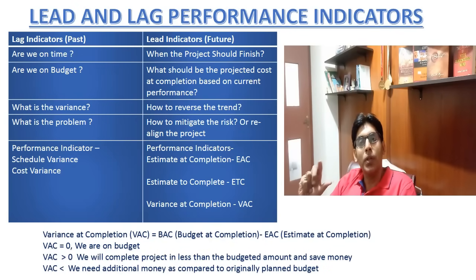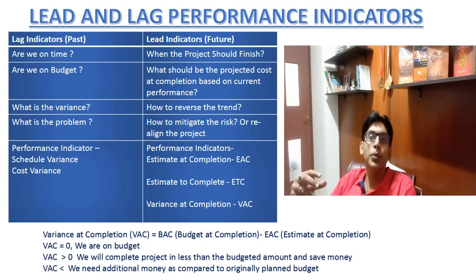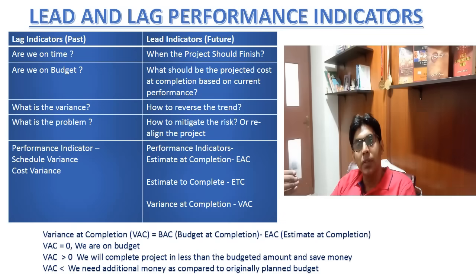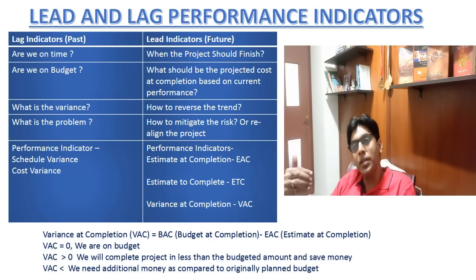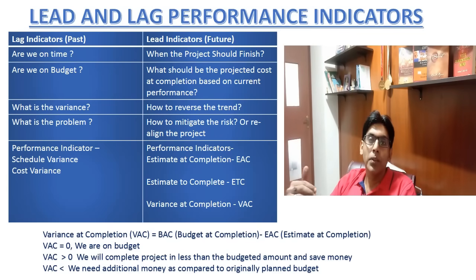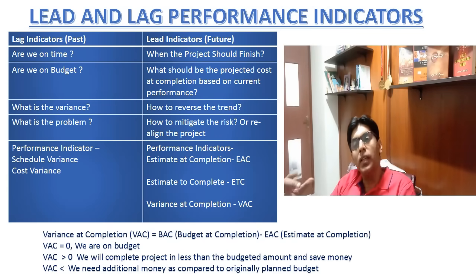For controlling a project, we use two mechanisms: proactive tracking as well as reactive tracking. In order to make a project successful, both are important. Before we go deeper into the topic and discuss the indicators used for proactive and reactive tracking, let's first understand the basics, the difference between reactive and proactive tracking. Let's first start with reactive tracking.